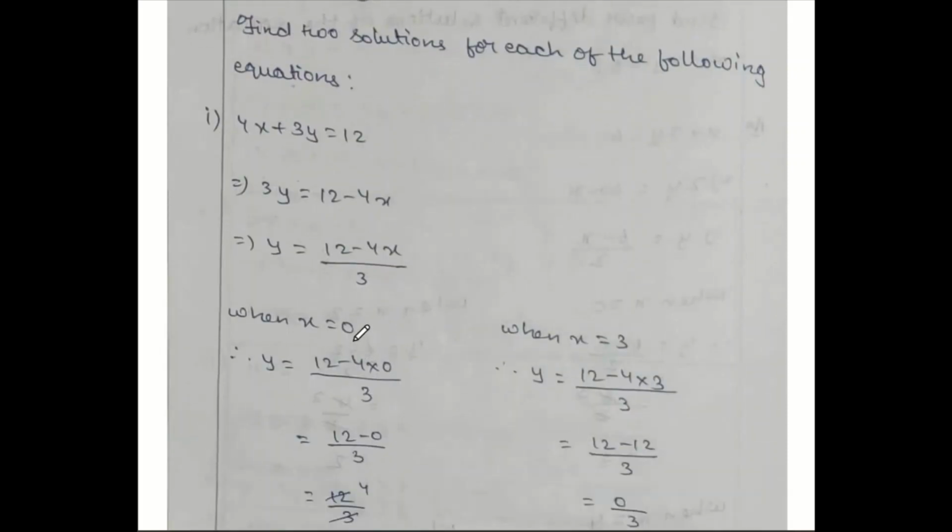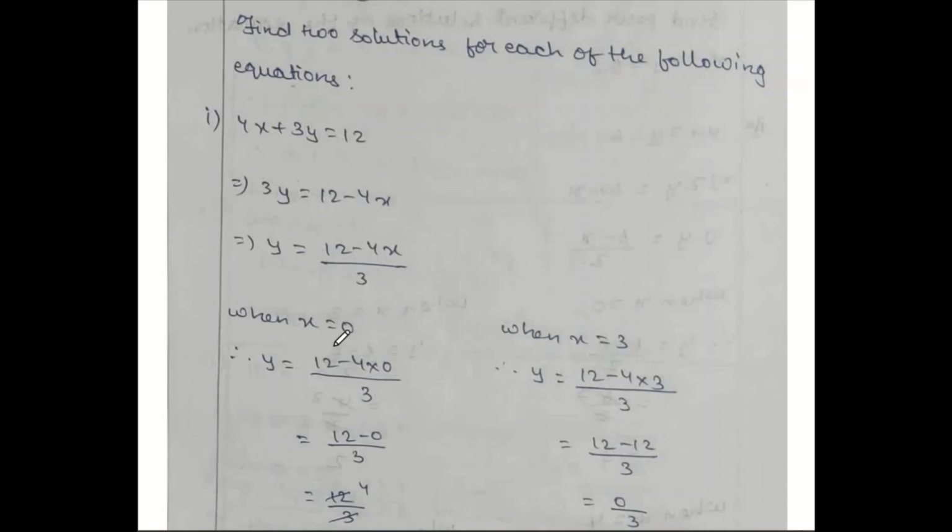Now, since 3 is in the denominator, on the right side you have x. In place of x you can select any number, but don't take very big numbers, and take such numbers that after this calculation it should be cancelled out by 3. Try to avoid decimals and fractions, and this concept is needed while drawing the graph also.